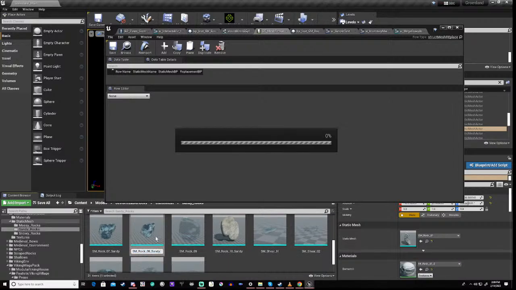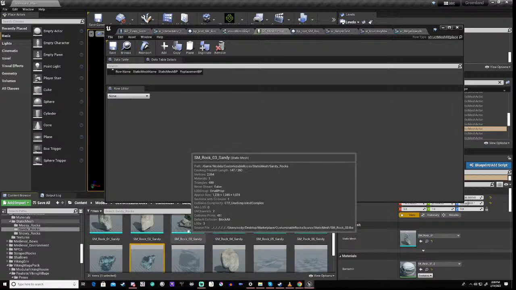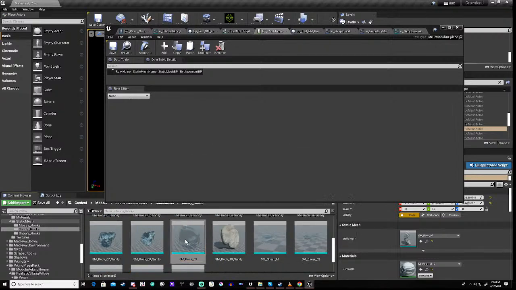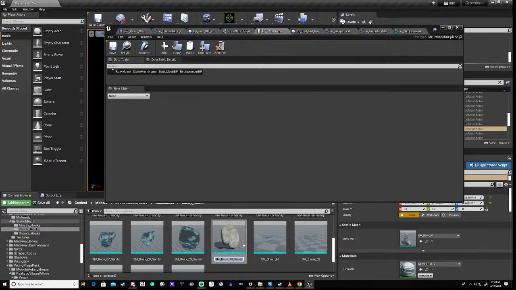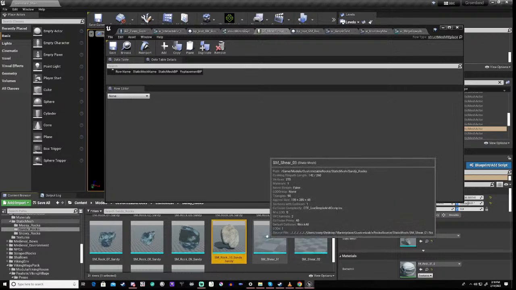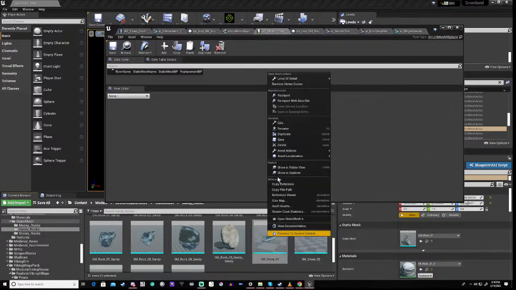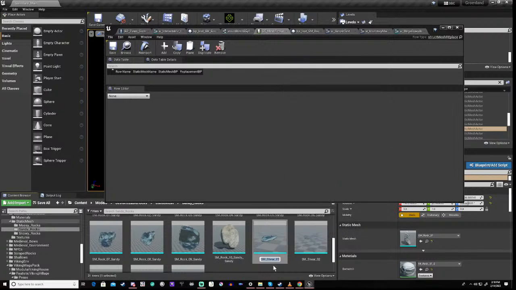So this in effect will give us a way to basically hit a button and make our game automatically faster if we are using the instance meshes. Now there is another stage to this that's going to take time, but it's all going to be worth it in the end,